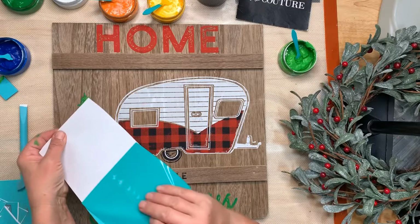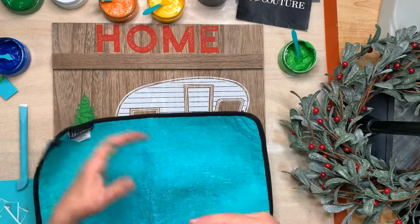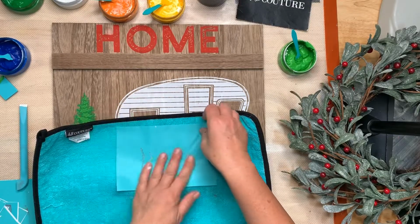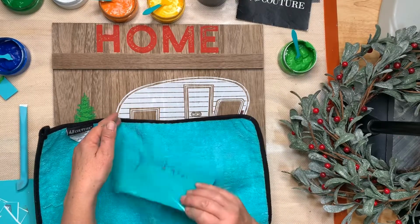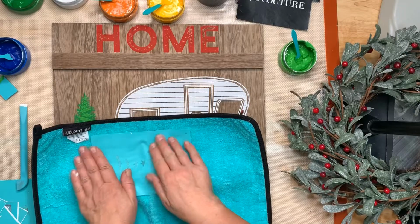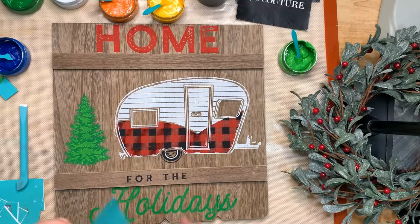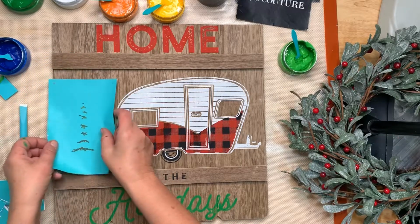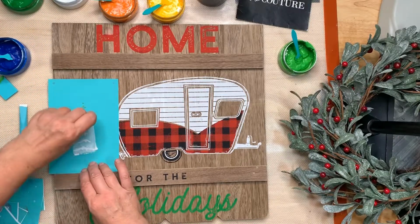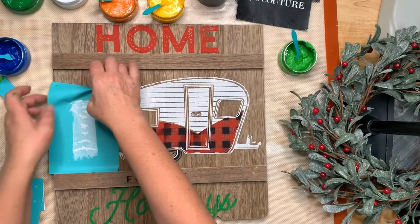And I'm going to fuzz this because I don't always use this part of it. And that still looks wet. We're going to dry that again. Right here is looking wet again. Okay, so I don't always use this part, but I want to put some white like it has snow on it. So we're going to fuzz this, and then we are just going to put this right here and use our little squeegee